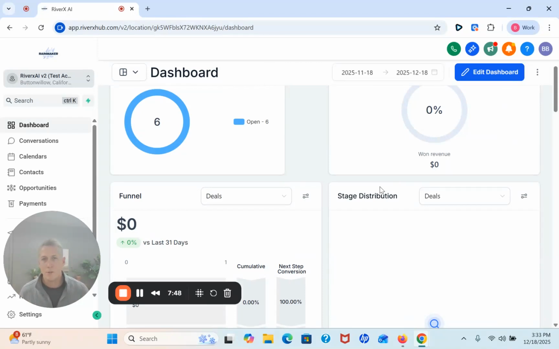The main goal of this thing is just to set the appointment and hopefully stack your calendar with appointments. Your team's going to spend a lot more time talking to people that actually want to do business with you, and let AI do the heavy lifting of engaging people, going back and forth on times and setting up